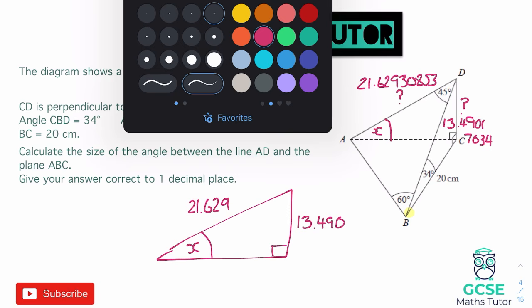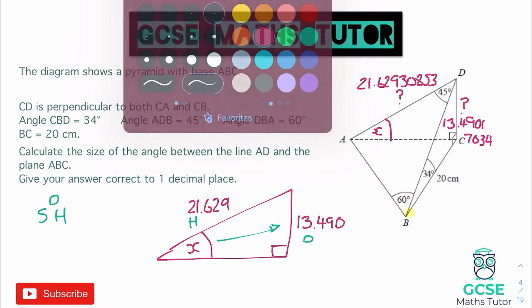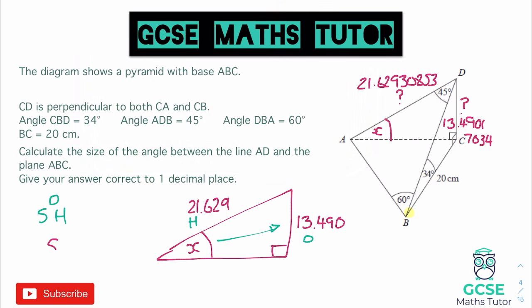So using SOHCAHTOA for this part, we've got the opposite, and we've got the hypotenuse. So O and H is in our sine triangle. So SOH. And when we're looking for the angle, we're going to do the inverse of sine. So I'm going to do sine minus 1. When you cross off the S, it's O over H. So we're going to do 13.490 divided by